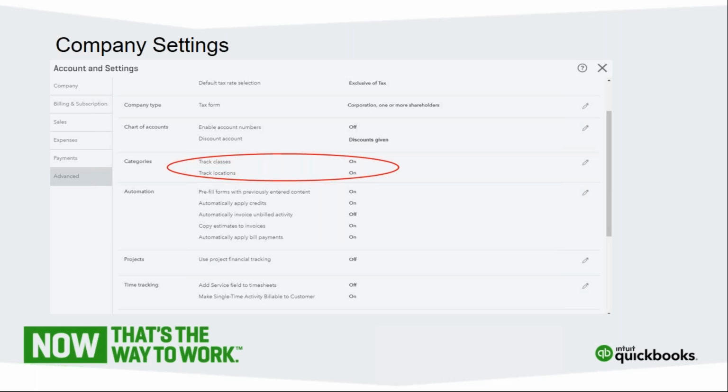I actually took over a set of books in 2014 where it was a fairly new company, but she had 2 different businesses running under the same business number. It was one corporation, 2 completely separate physical locations and 2 completely separate businesses. By using locations and by recording all the revenue, all the expenses, all the wages and payroll to specific locations,